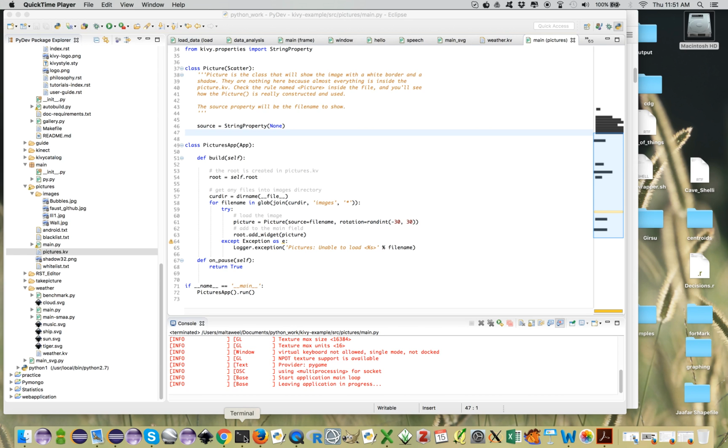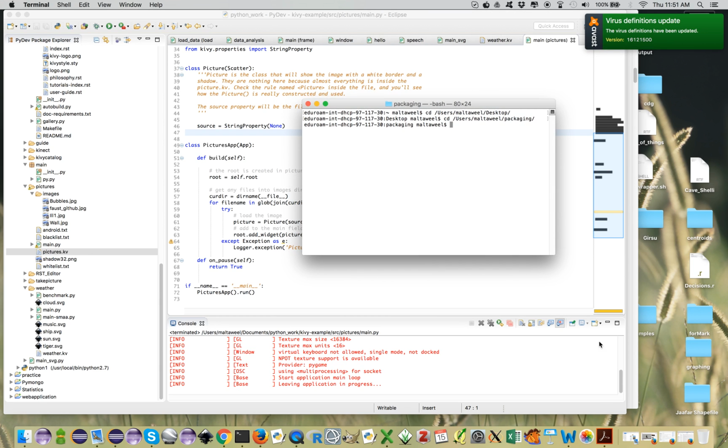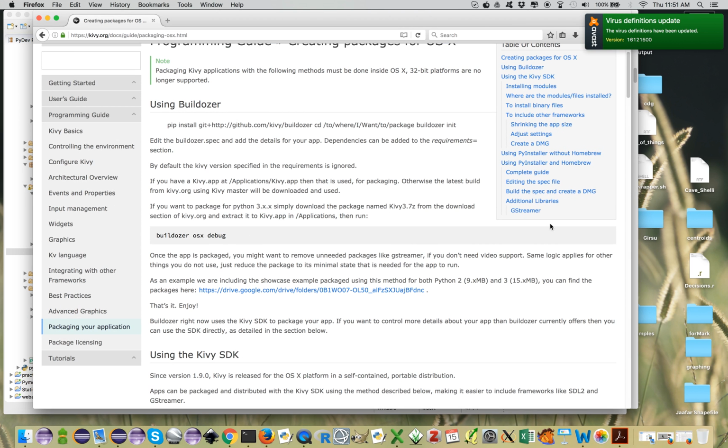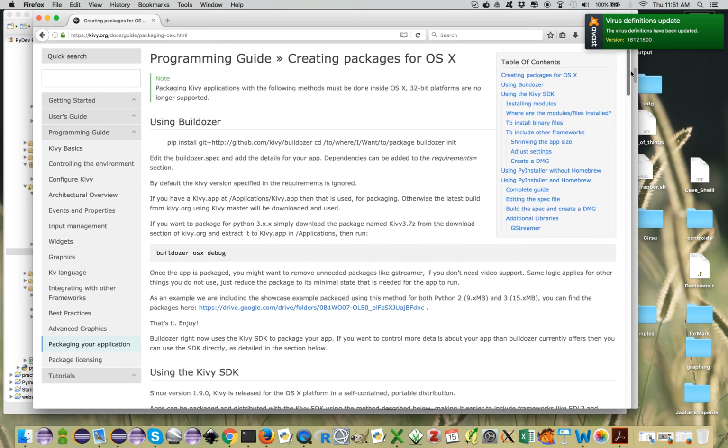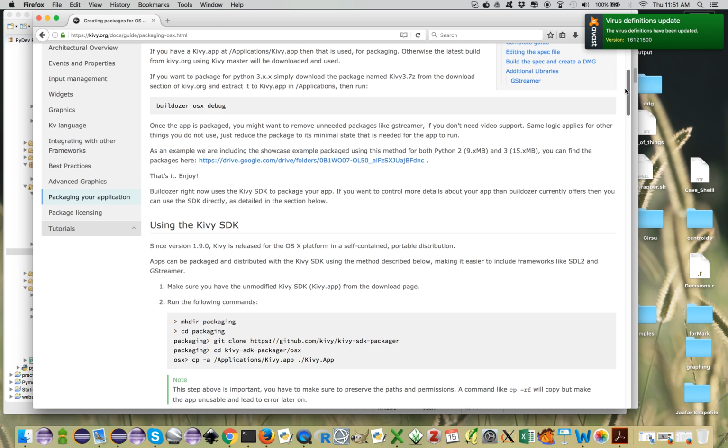So now we'll look at deployment and how to create something that's compiled and ready to go, or at least a deployable, packaged application. There's a simple way to do it in Kivy. And for Windows or Mac OS X, excuse me, it does provide us some good information on how to do that. Several kinds of options, and if you go to the packaging